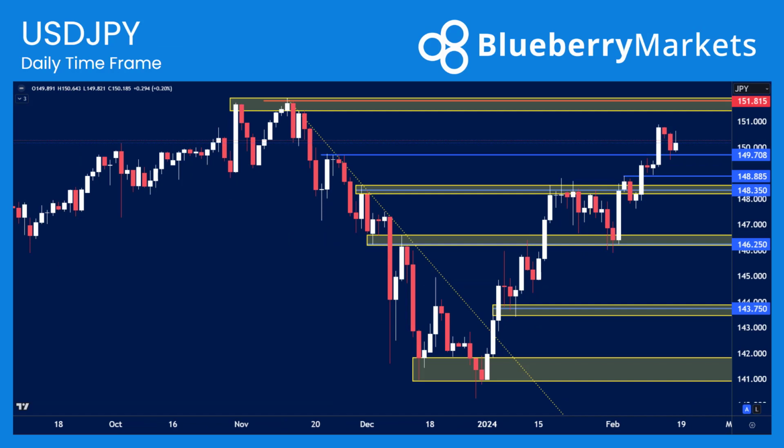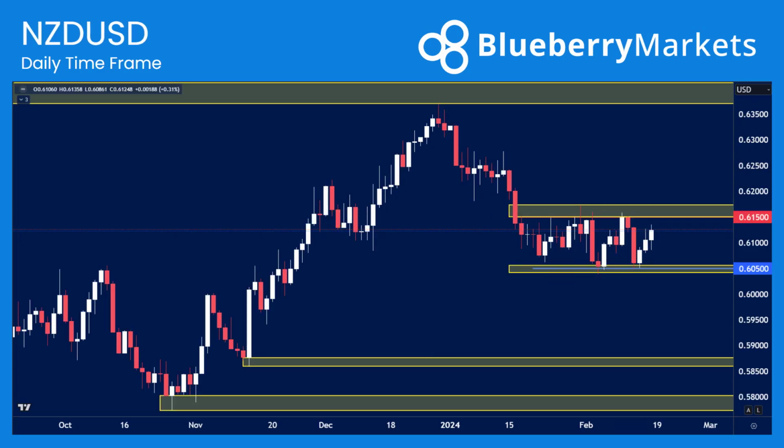Going on to the US dollar yen then, so dollar yen continuing to press higher. We've broke through multiple levels of resistance, including this recent swing high at the 149.70. Next area of interest for me would be up towards 151.80. So if we do find any kind of support in here, price could head towards that sort of 151.80 handle this week.